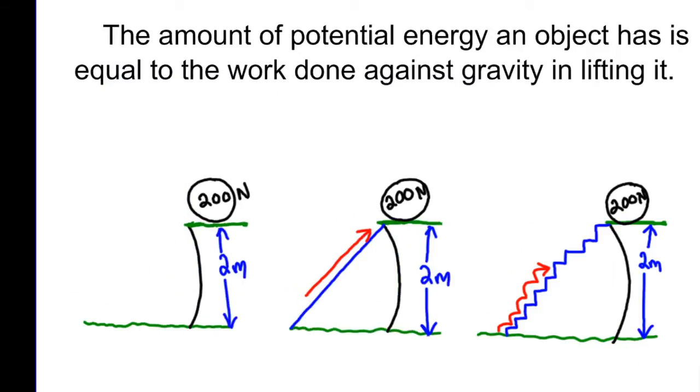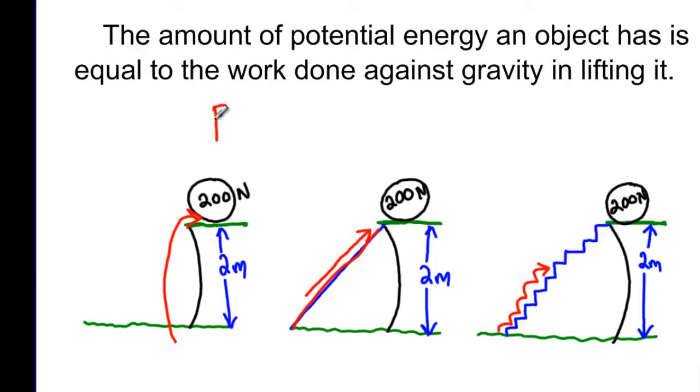Now the amount of potential energy an object has doesn't matter in how it gets there. For example, if we just tossed a stone up here, and it's sitting up here, it has potential energy because it's above the ground down here. If we built a ramp right along here, and we pushed that rock up there, it still has the same amount of potential energy as over here, because